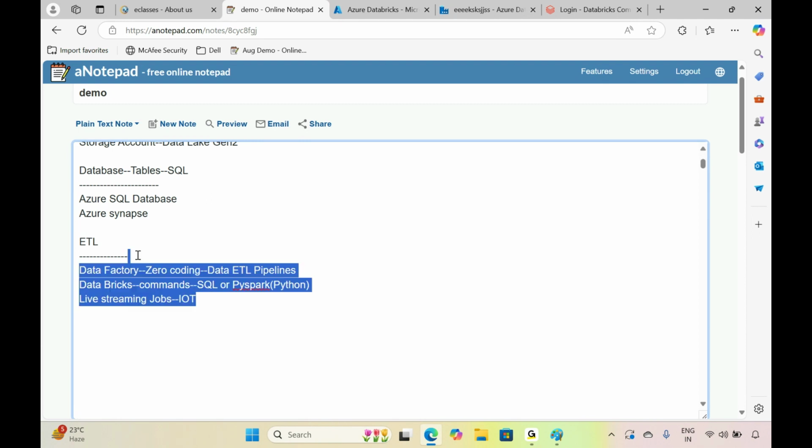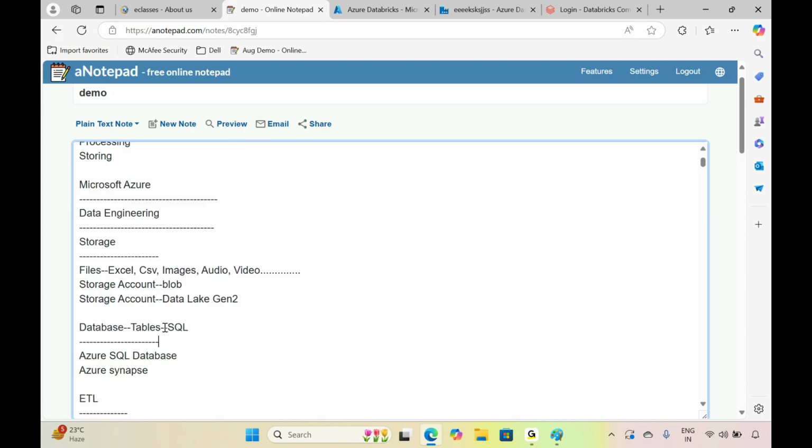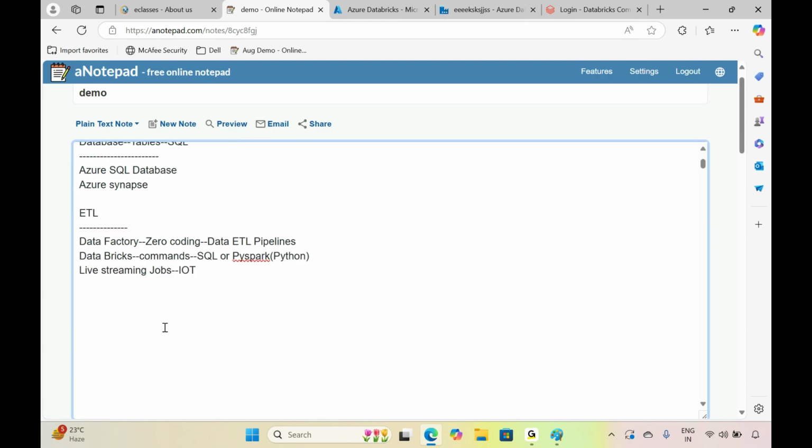Databricks live streaming jobs. These are all the services as a data engineer you are going to use to implement your project. Apart from this, we have to learn some admin and DevOps related things as well. Other services I'm going to cover are a few Logic Apps and also Azure Key Vaults, and Active Directory.